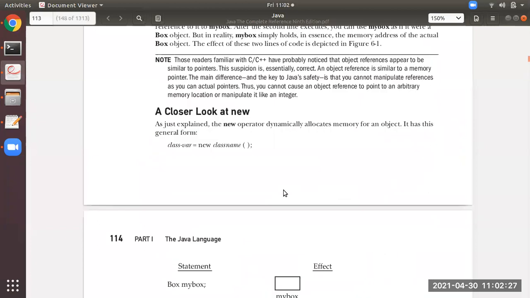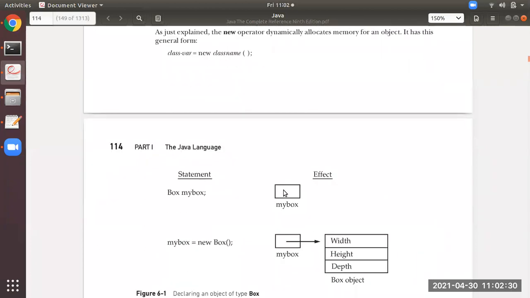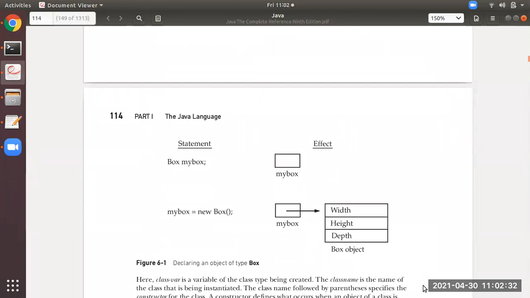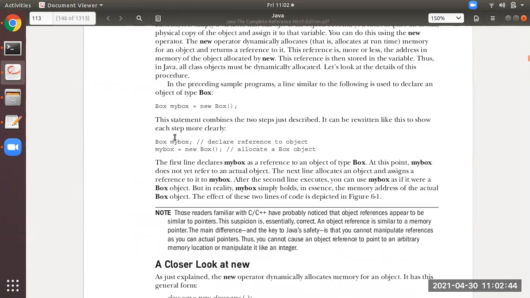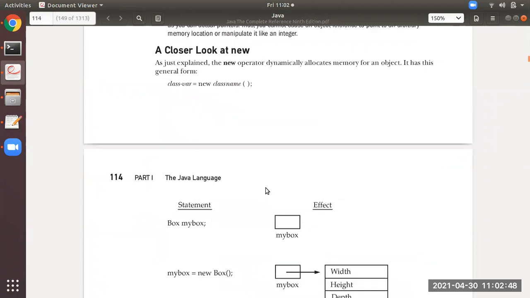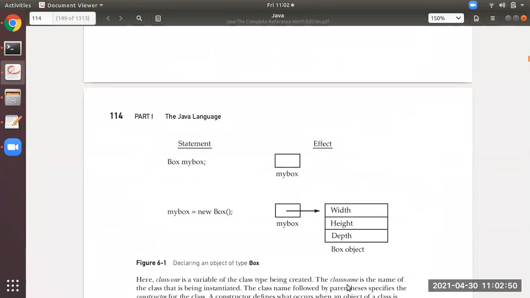Okay then. As you can see over here also, it is explained here. As I said just now, the first one is declaring. This is the declaration. This is allocating a Box object. So this is just a declaration.